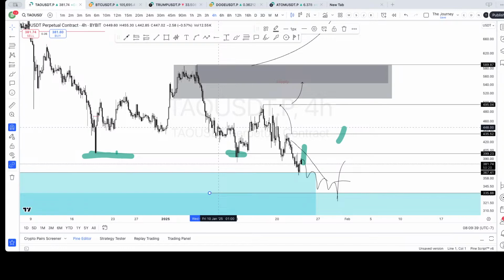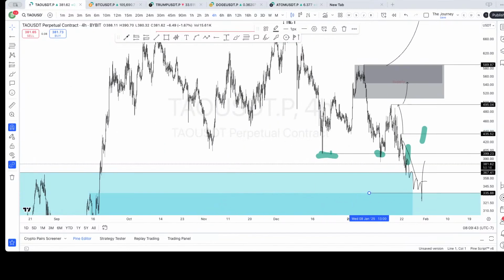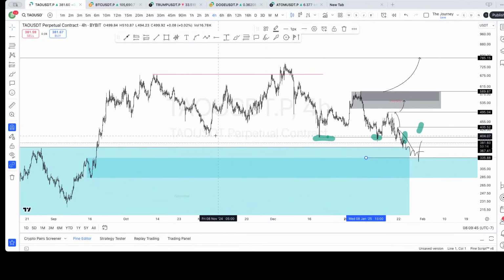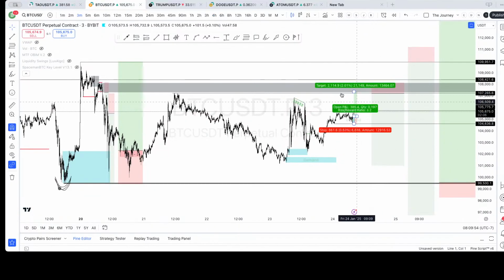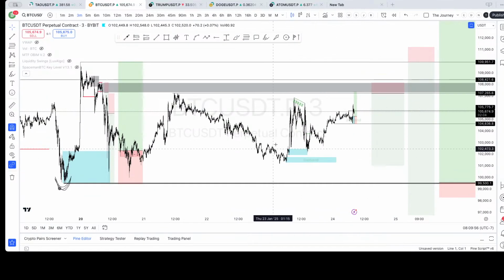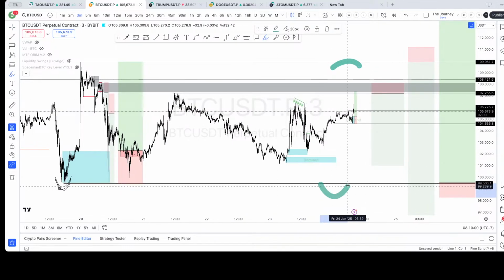You got a 15-minute break of structure down here, but you're kind of holding this range. But here's your problem. This is your problem currently with Tau, that this is so completely undecided and stuck in its equilibrium, still to some tip of some weird diamond or triangle or some bullshit, right?